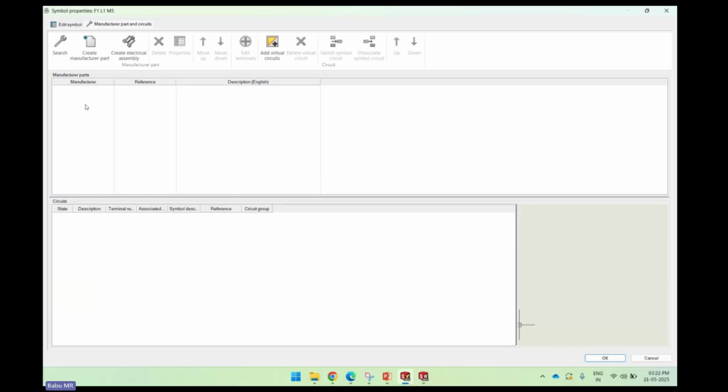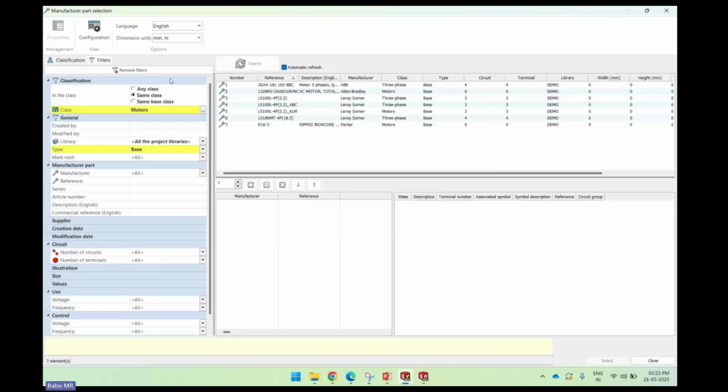If it is available in the library, I can go to search. If you want to create a new manufacturer part, we can create it from the manufacturer part also. So let me search it from the library. And also here you could see, if you want to quickly search a particular manufacturer part, we can